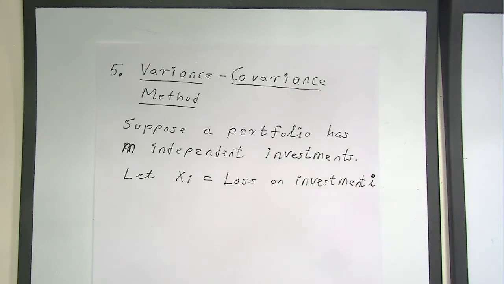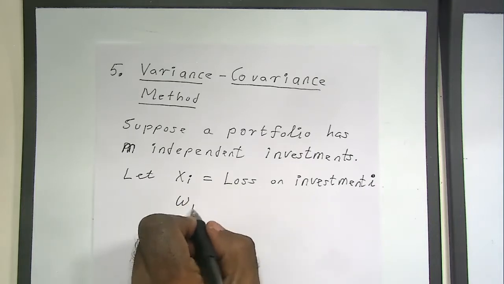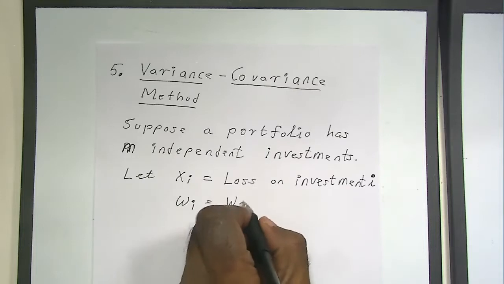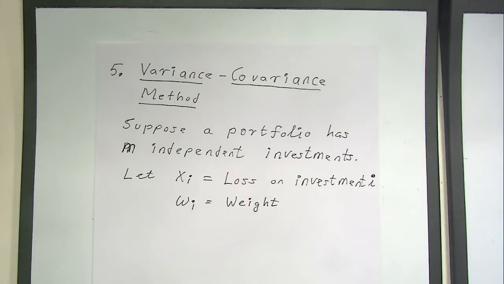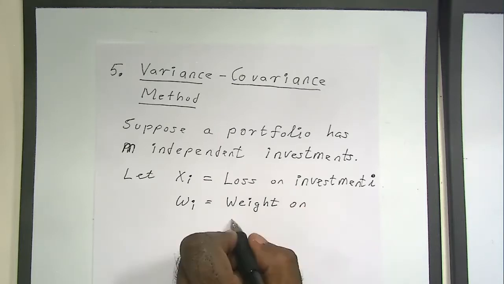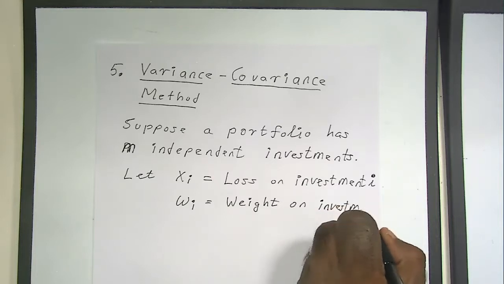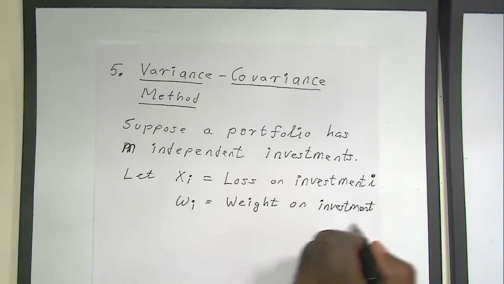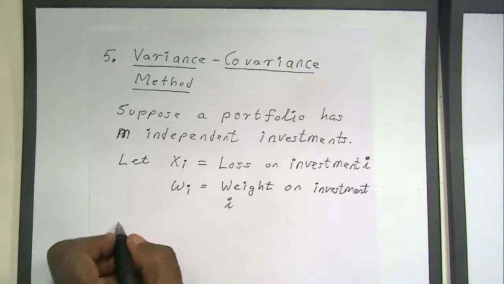Let Xi denote the loss on investment I, and let omega I denote the weight on investment I, because certain investments may be more important than others, right? Then